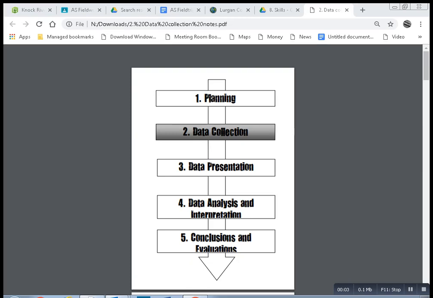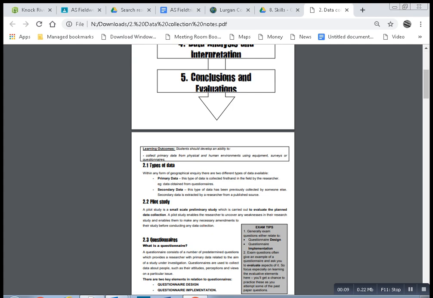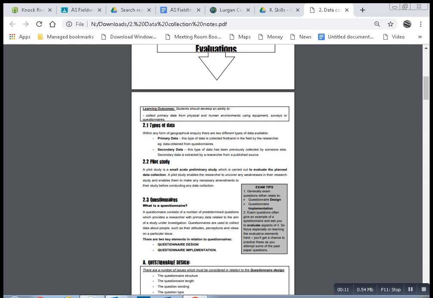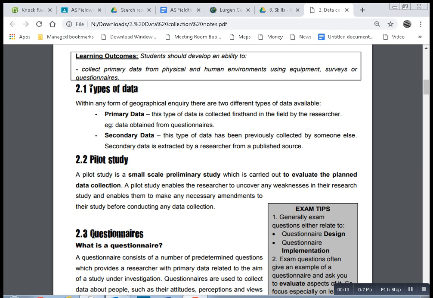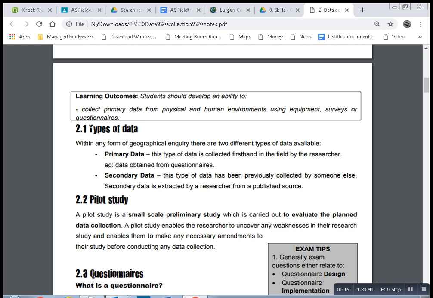So we're going to take a look at some of your data collection techniques that you can use to get the data that you want to get access to whenever you're out doing your fieldwork. And the first one that we're going to look at is questionnaires. Let's quickly note what it says in the spec about this. Collect primary data from physical and human environments using equipment, surveys and questionnaires, and it's particularly the questionnaires that we're